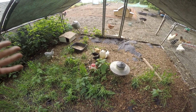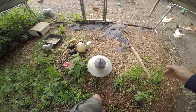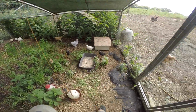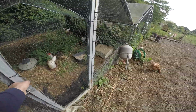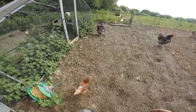That then means that they're able to keep themselves warm at night, and they're able to look after themselves. So in here we've got the part which is open, and we've got the part which is covered up, so they've got the shelter, and they have a little house they can run into if they need extra shelter, which from time to time they just like a little bit of extra shelter and they just go in there. And then if we go into this one here,